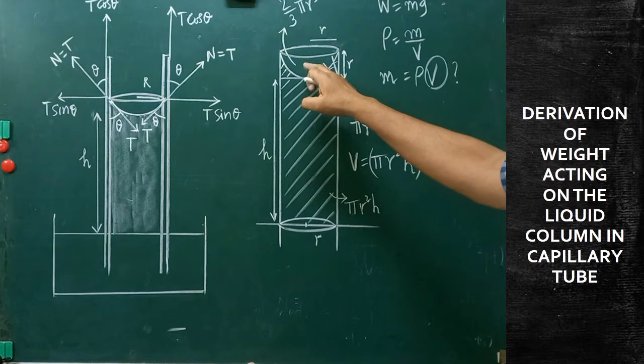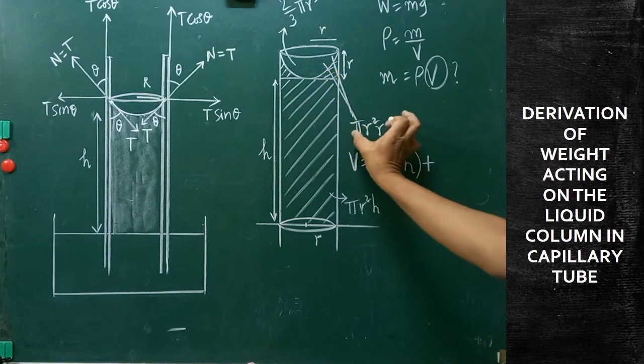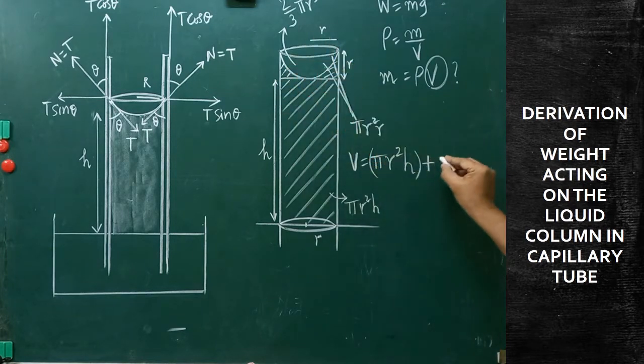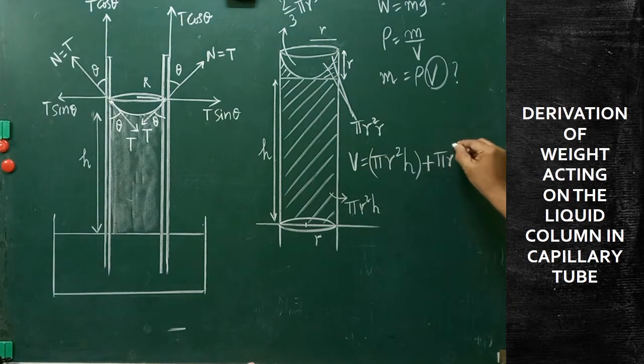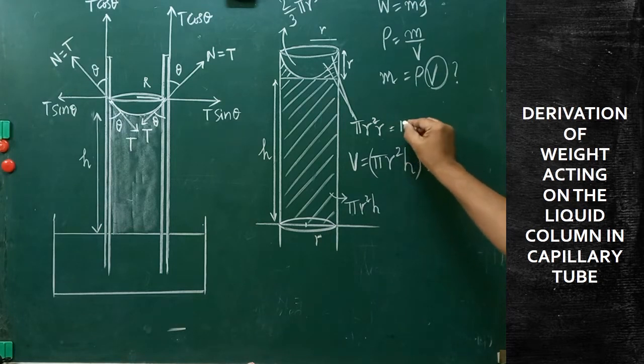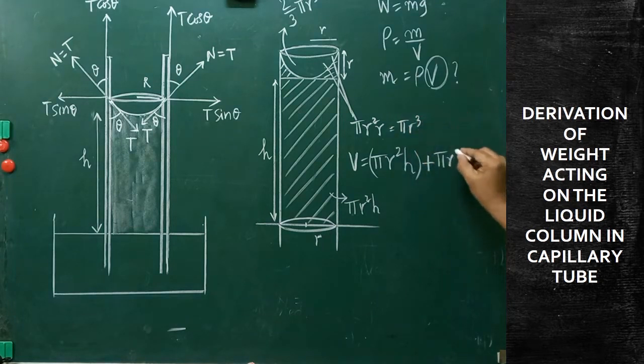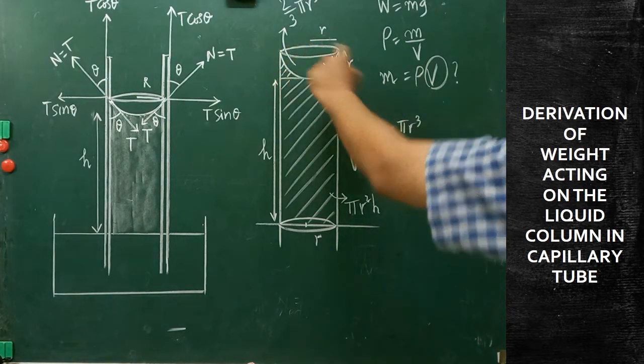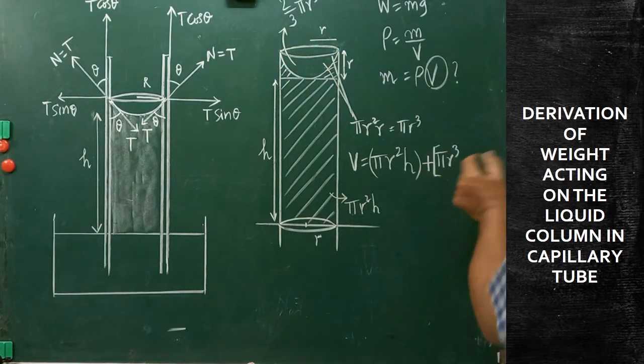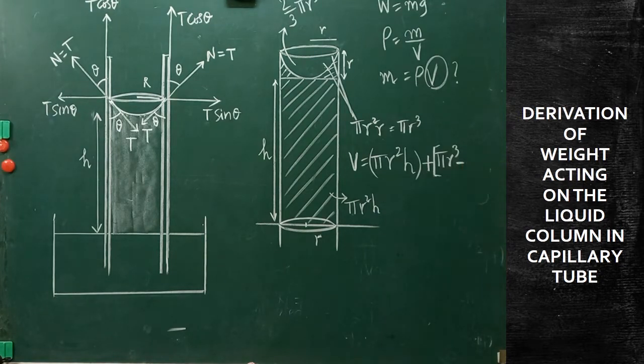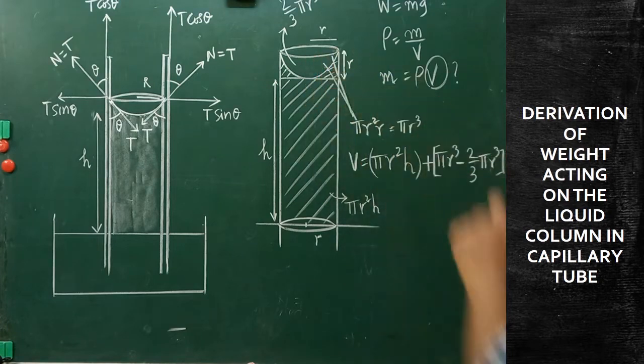This one cannot be obtained directly. Therefore you take this portion, the volume of the entire portion can be taken as pi R square R, that can be written as pi R cube. So pi R cube can be written. Are you clear? The volume of this entire portion is pi R cube. That is to be subtracted by this factor. What is the value? 2 pi by 3 pi R cube, that is 2/3 pi R cube, is the volume of the air portion.